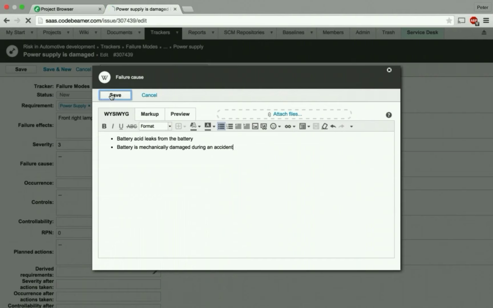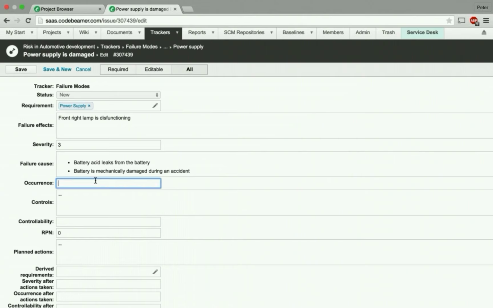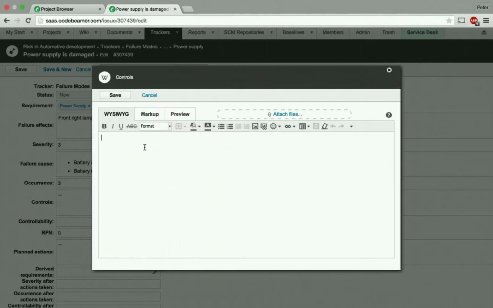All right, and I have to set up an occurrence value. And what are the controls here? Currently no controls are available, so the driver will have to detect a weak or missing electricity in the vehicle. And I write